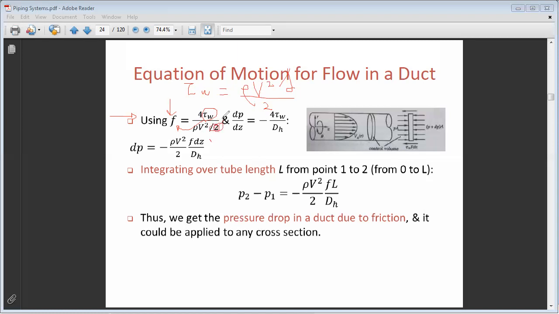Sorry, here this 2 goes up and becomes 8, so here it's over 8. Okay, so I can replace tau by rho v square f over 8. So now if I do it here, what does dp by dz become? I get minus 4 v rho times v square times f over 8 dh. Okay, and 4 over 8 gives us 1 over 2, so we can replace the drop in pressure by minus